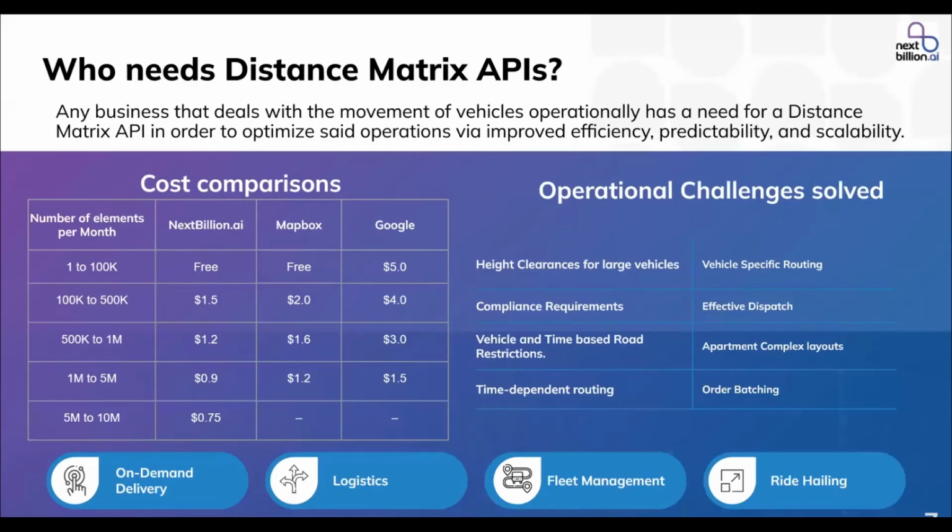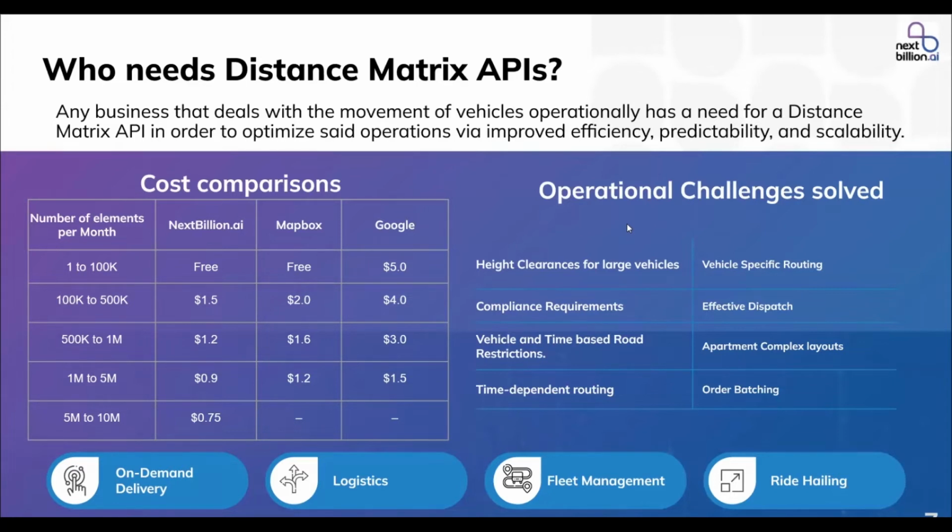So who exactly needs a distance matrix? Simply put, any business where vehicle movements are operational requirements has a need for a distance matrix. Using our ecosystem, we solve for operational challenges like order batching, time-based routing, and vehicle and time-based road restrictions. So what do they mean? For example,